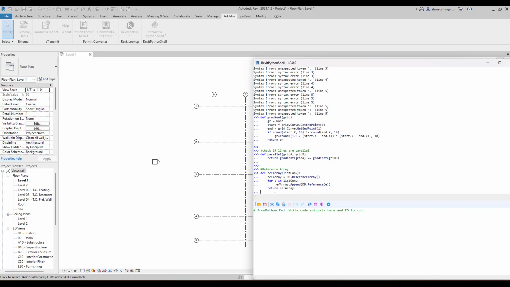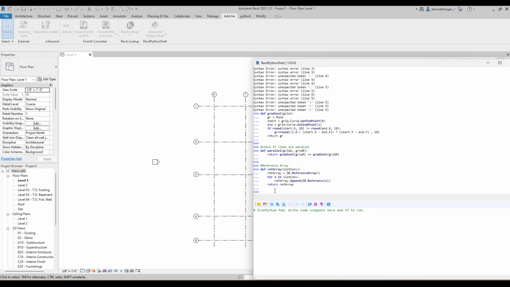Alright, so basically here what we are doing is we are creating a function to create a reference array to store the grids to pass to the dimensions create method. Okay,